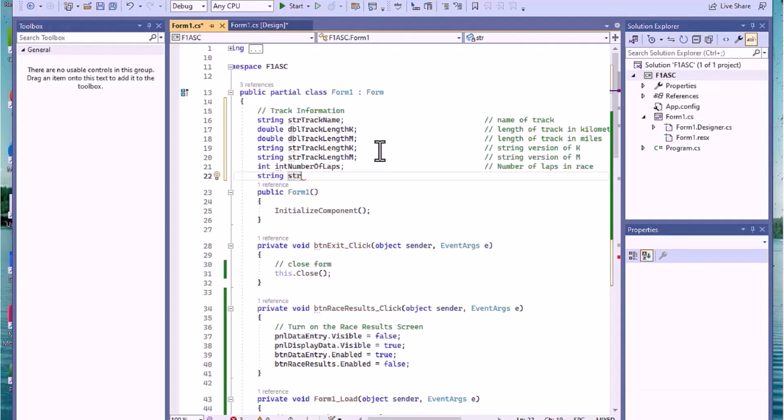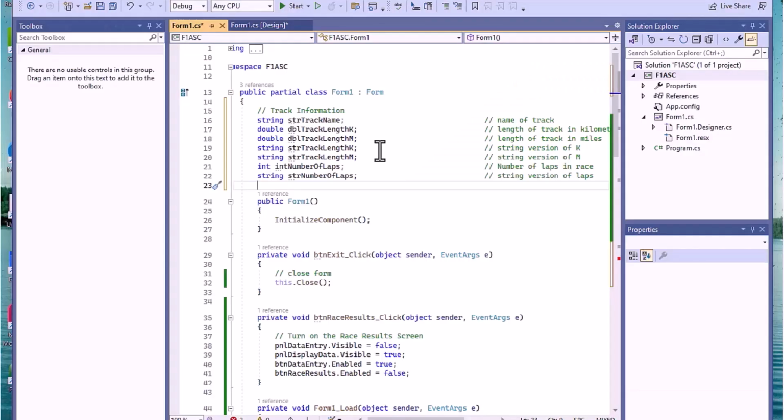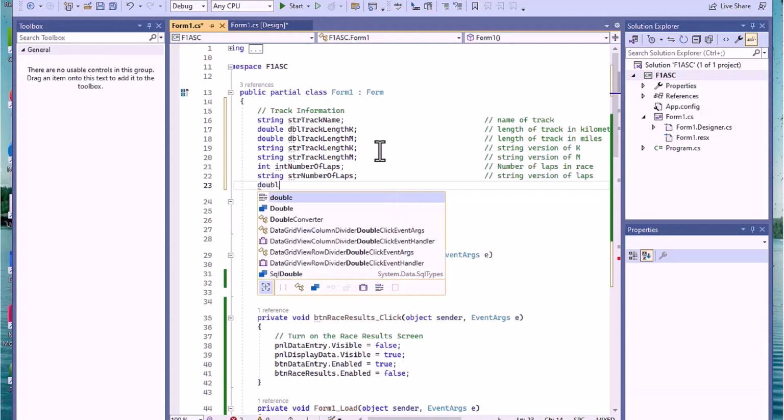So my track is going to be number of laps, and then we can basically say string version. This is why I like to put my variables on each individual line, because I can comment on them rather than having them all on one line and just having them out there. We're going to need the race length. We'll need that for our math. So we're going to say double,